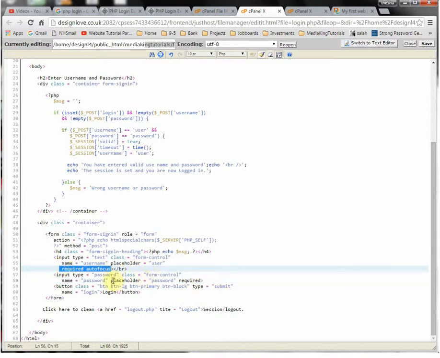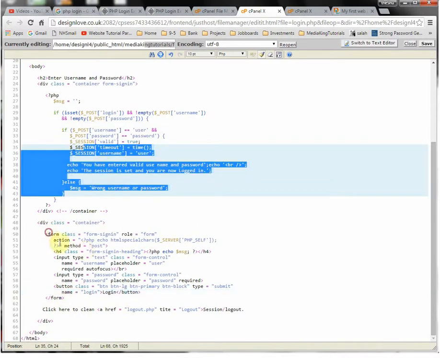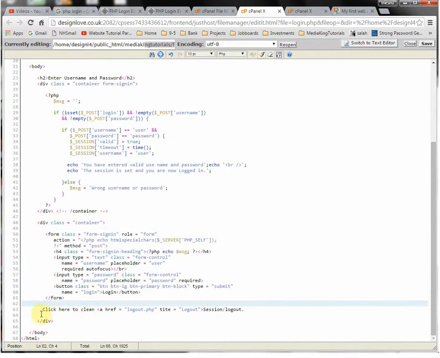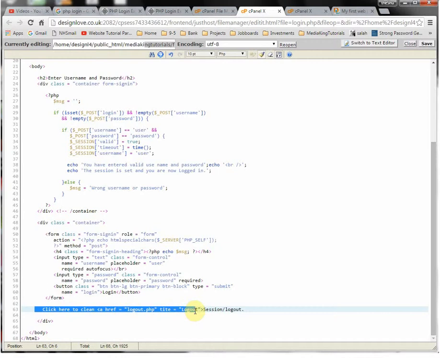Username is required, password again, it's required. So the user has to put in the password and the username. Then the login button itself. If everything's okay and the PHP processes this form, we're going to log in, and we'll also see this here on the login page, which says